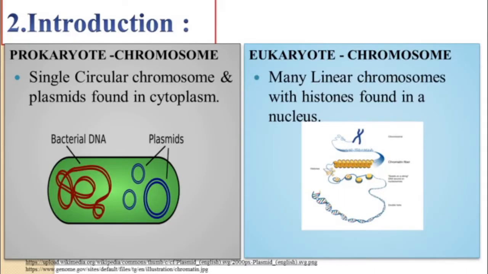Before that, I would like to brief about the types of chromosomes in prokaryotes and eukaryotes. Generally, the chromosome present in prokaryotes is single and circular in shape. In addition to the single circular chromosome, they have self-replicating round particles called plasmids. All these structures are present within the cytoplasm. There is no proper nuclear membrane. But in eukaryotes, the chromosome is surrounded by a nuclear membrane and is linear. The ends of the chromosomes are free and covered by histone protein.